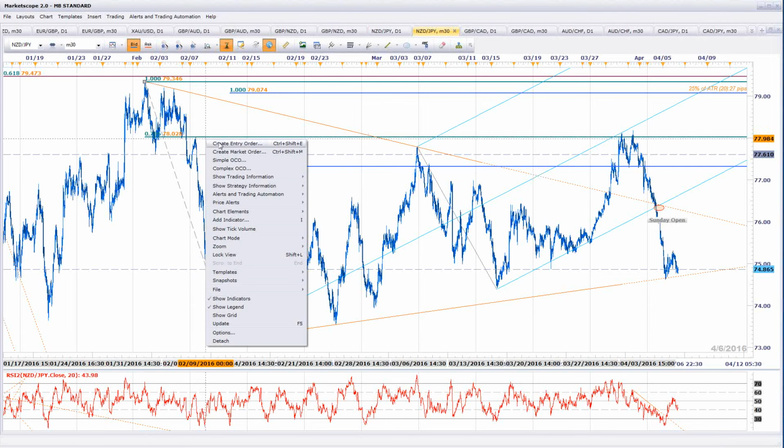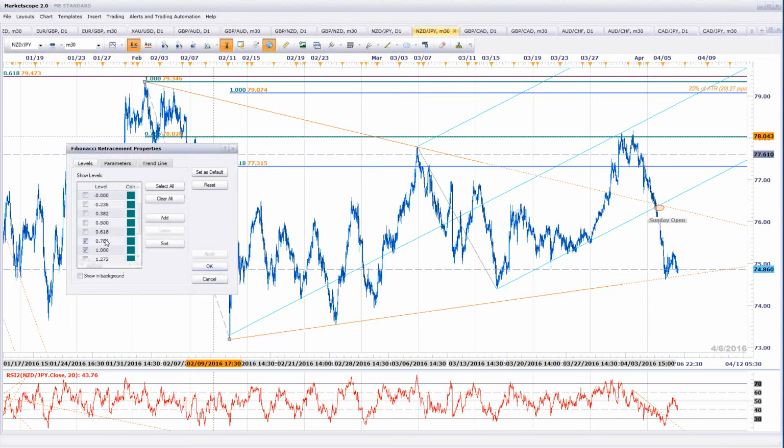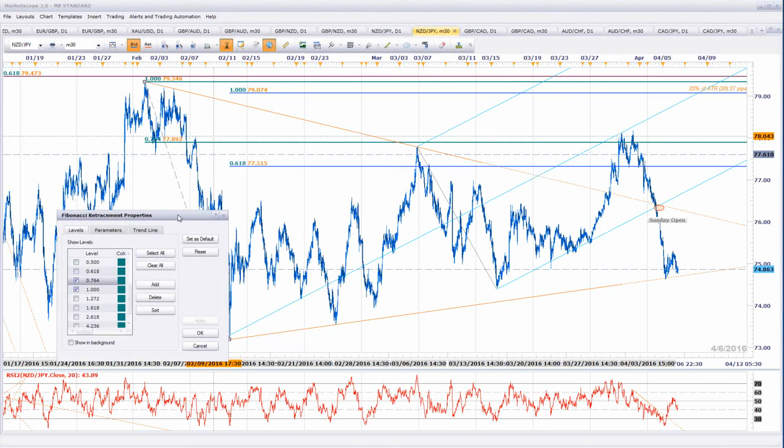All right? So I can put this into a 764, apply, right? What does that give me? Well, it didn't quite catch that high, didn't quite catch that low, didn't quite catch that high, and was really messy along these highs. Bringing it to a 786, oh, now it caught that low, now it caught that high, closer to the highs here. So what fits price action, right? I don't want to be in the habit of telling you guys to find the fib that fits price action, but certainly when it comes to little nuances like the 764 or the 786,